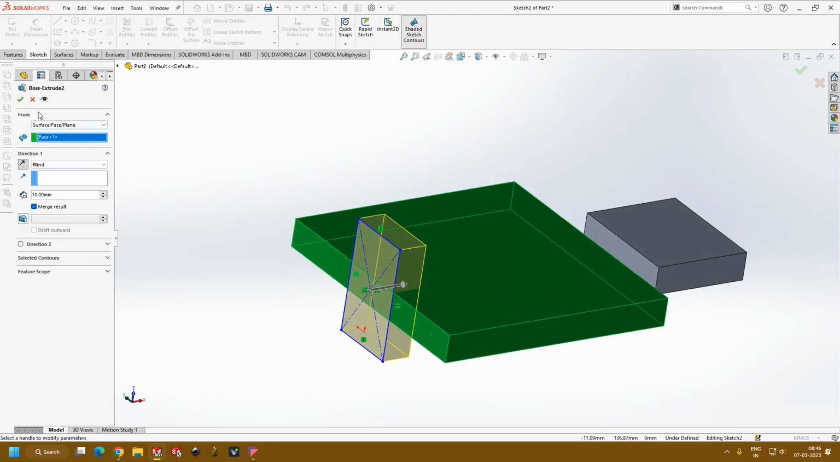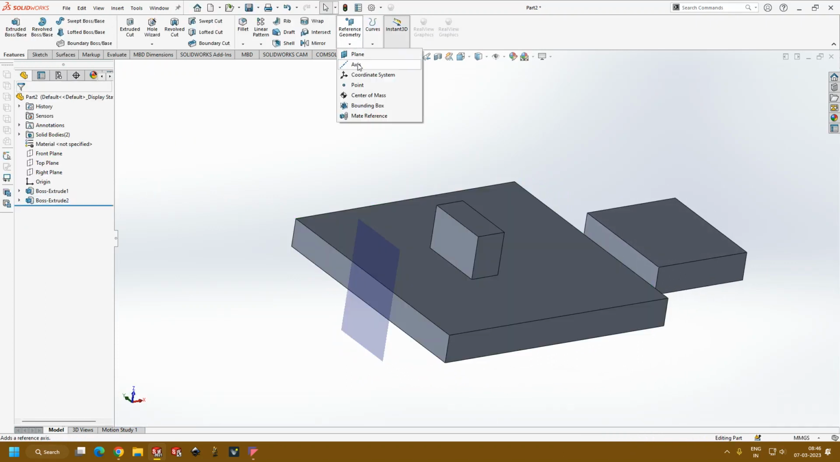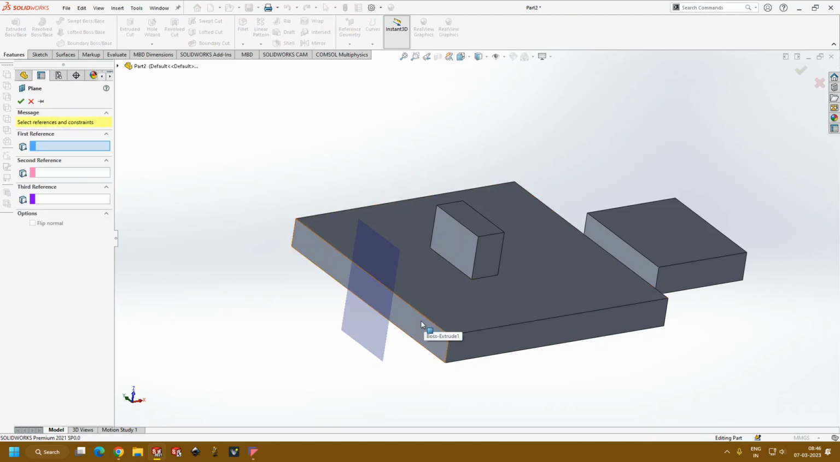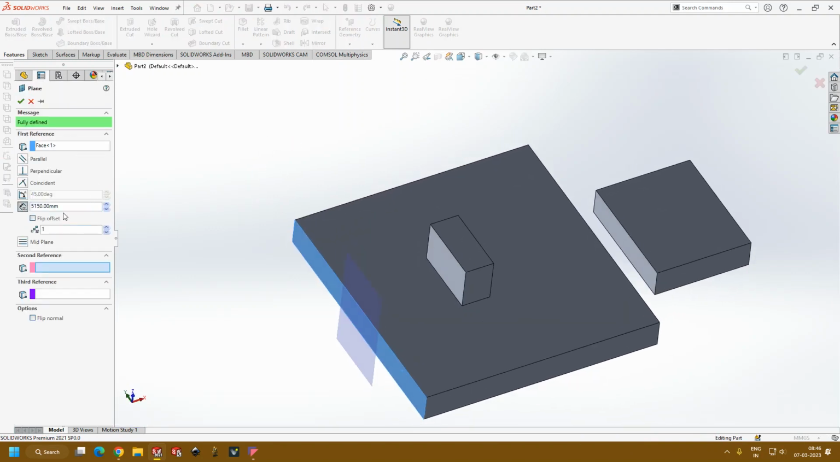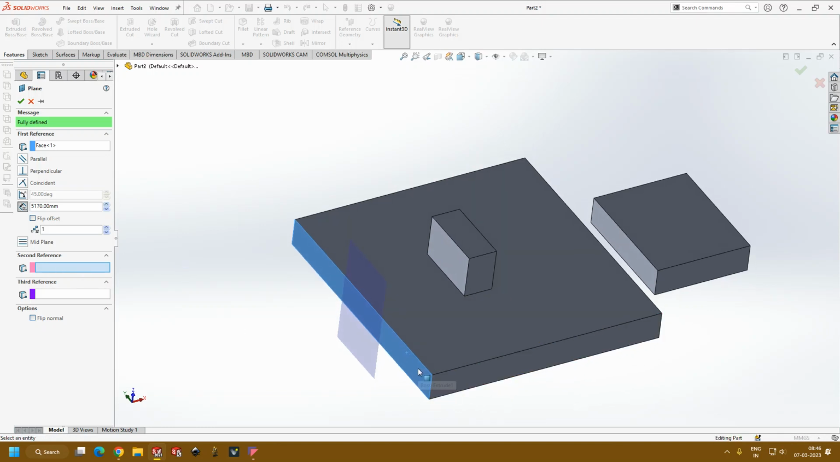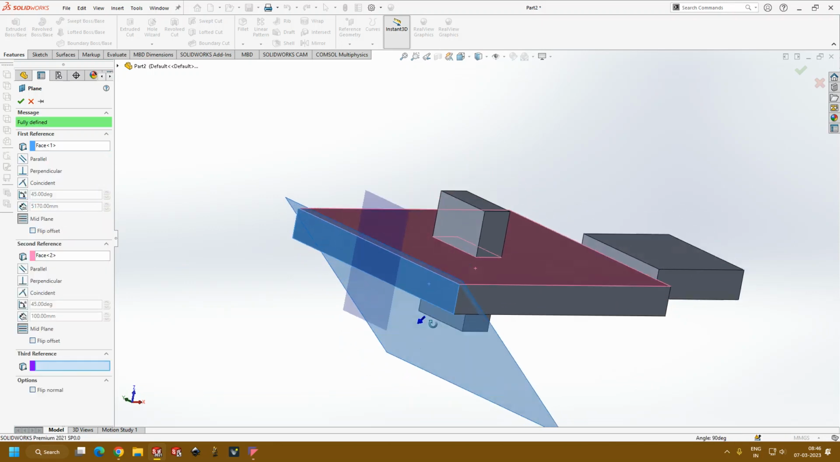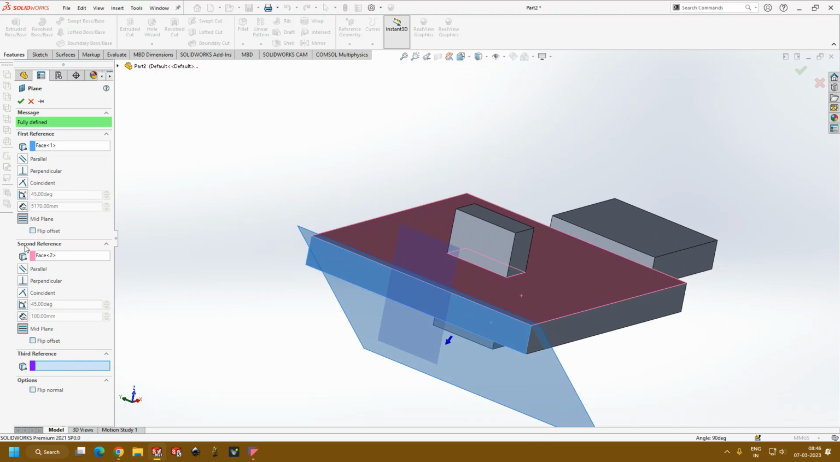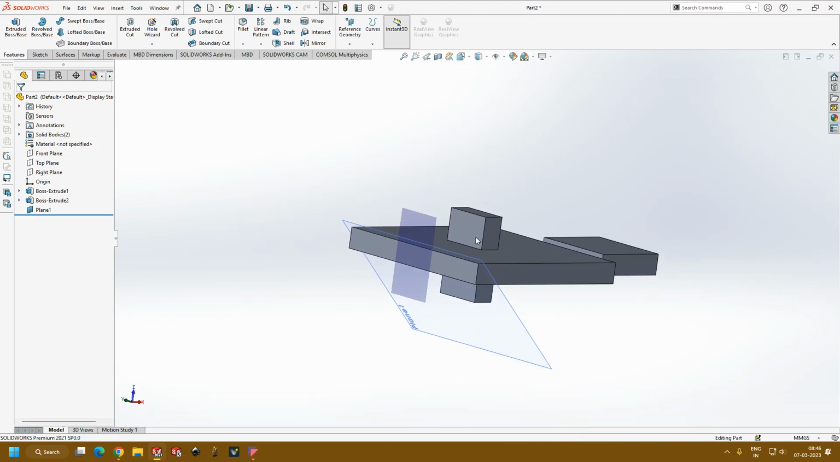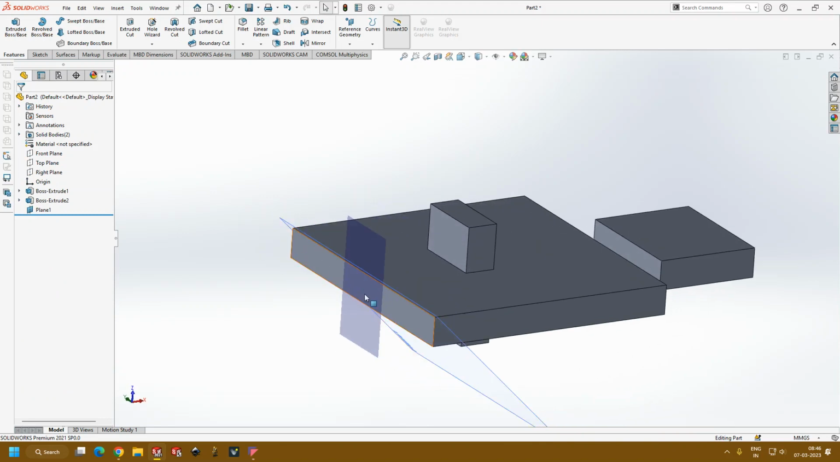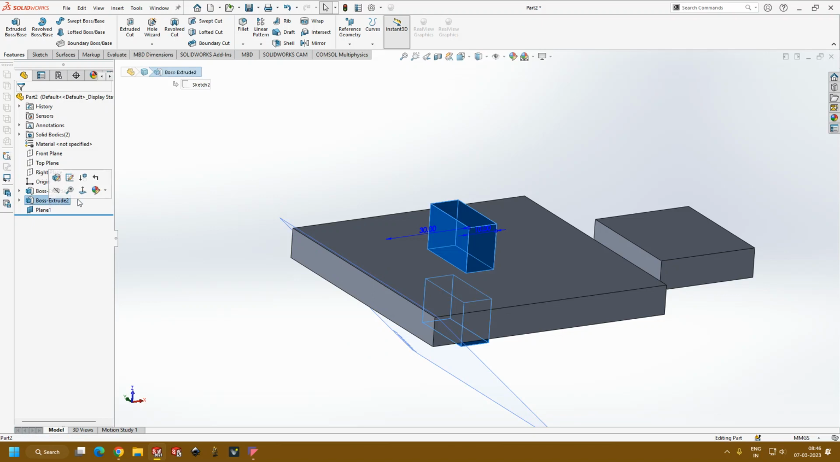Okay, so let's say you have an extra plane. Okay, now I've created a plane which is angular. So now,